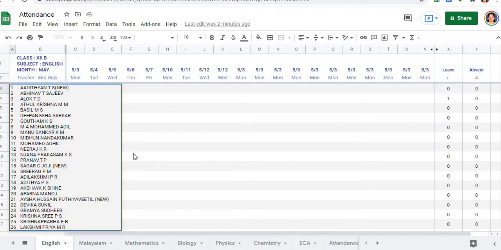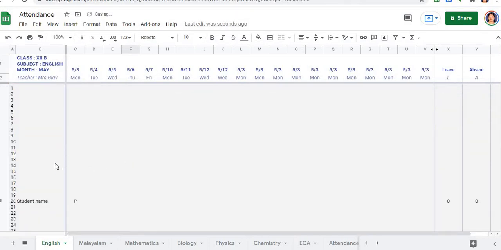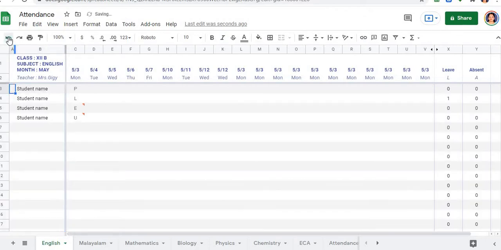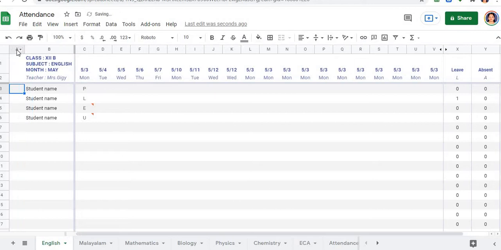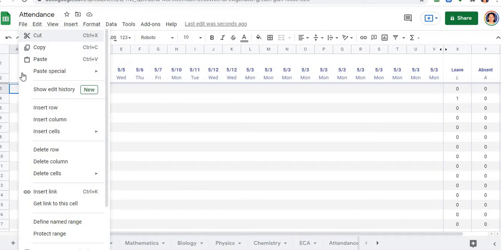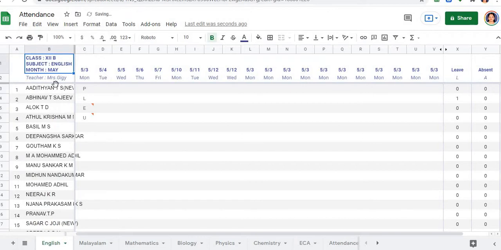Now sorry that all the names have come together like this, so I'll just redo it. You can just go back, okay, and then just slightly widen the column A, and then you have to press until you get the column like this, okay, and then press on the paste. Yes, so your names and the roll number of the children have got pasted into your attendance sheet.